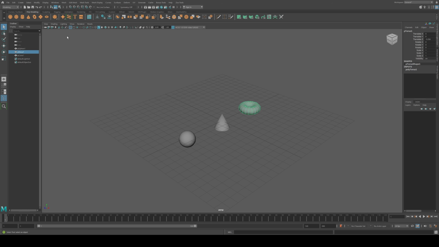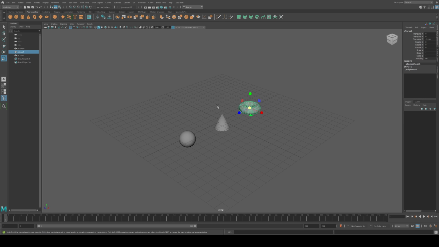And what is faster than keyboard shortcuts? Let's talk about the magical W, E, and R keys. When you hit the W key, you'll see the Move manipulator pop up. This shortcut instantly activates your Move tool, so you don't have to go clicking through the toolbox. Similarly, E is your go-to for the Rotate manipulator. Instantly, those circular handles appear and you're ready to spin your object in any way you like. And then we have R, which brings up the Scale manipulator with its cubical handles. Now you can stretch or squash your object with ease.